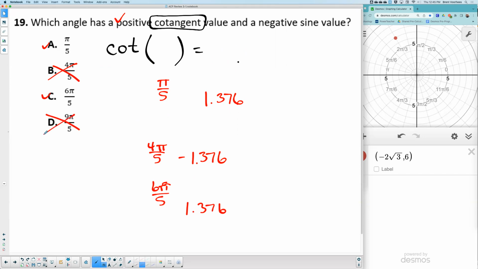I can help you out. This is the first quadrant here. Will sine be positive or negative in the first quadrant? Sine, think of the y's. Sine is y. Will you get a positive y or a negative y there? Positive, and you need a negative, so that won't be it. The answer would be C. If you tried that with sine, you get a negative number. So you can do those that way. That's why on the cheat sheet it just says plug in. It might not be asked like that. They could ask it